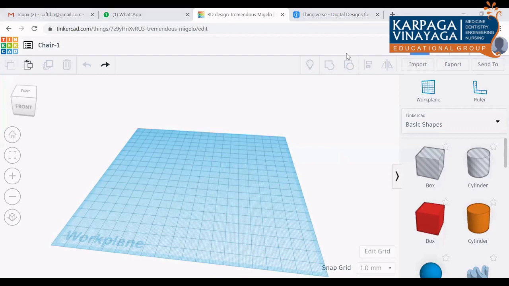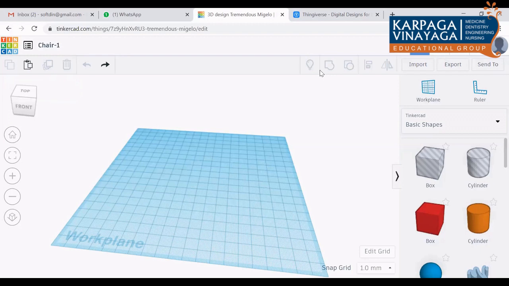Yeah, fine. Okay. So once you change that, the next thing is here on the left hand side, there are some options. The first one is copy. Next one is paste. Next one is duplicate. And next one is delete. So that will be used while you are doing the printer.